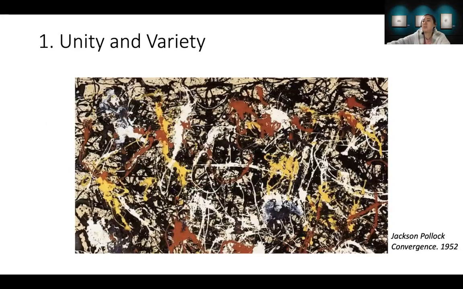So here is an example. In this work of art, the artist used the same technique, splashing household paint on the work surface. That is the unity. Then to create the variety, the artist used different colors, and the splashing shapes are all different. So that is also the variety part.